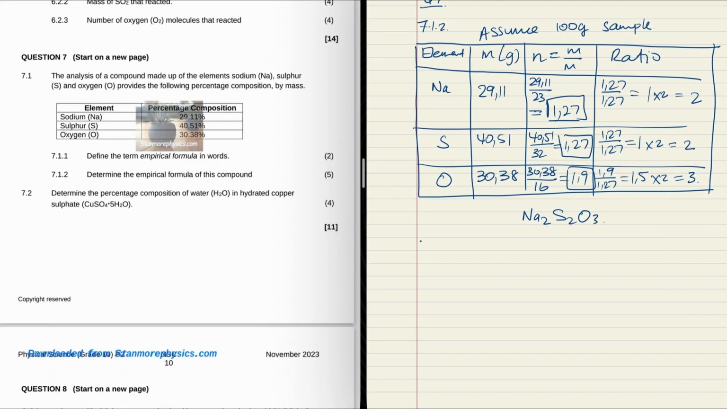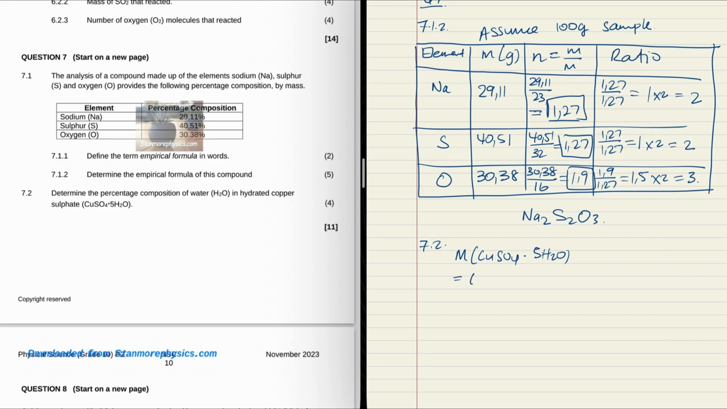Moving on, question 7.2. Determine the percentage composition of water in hydrated copper sulfate. Okay, so first let's work out the total molar mass. So the total molar mass of CuSO4.5H2O is going to equal